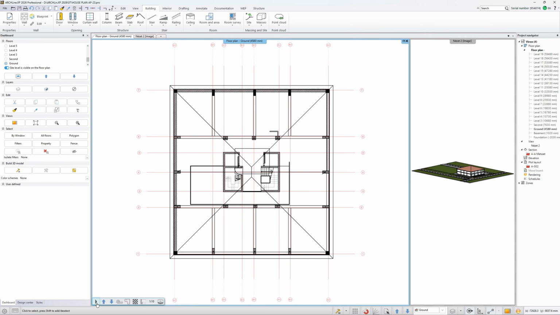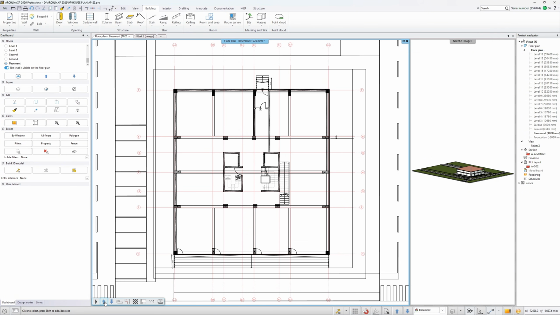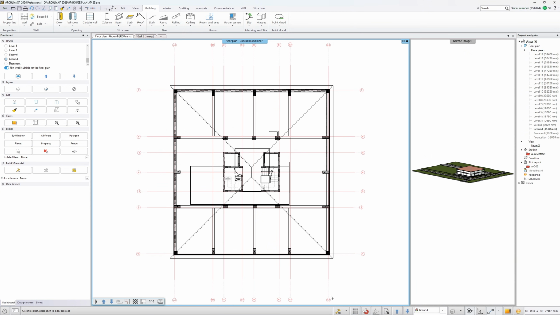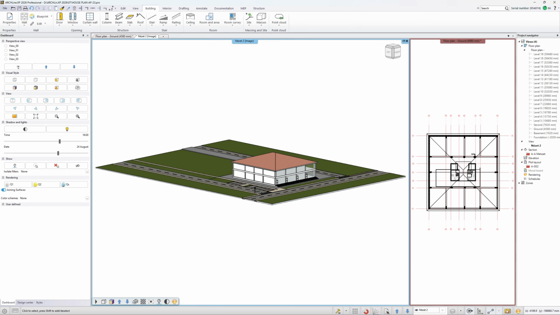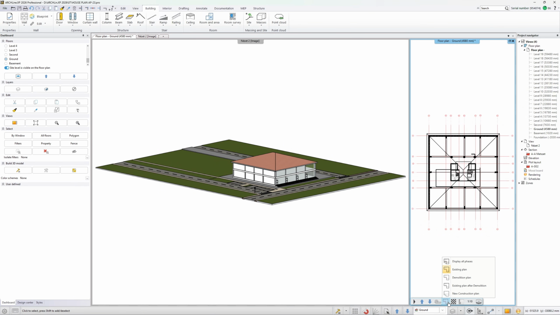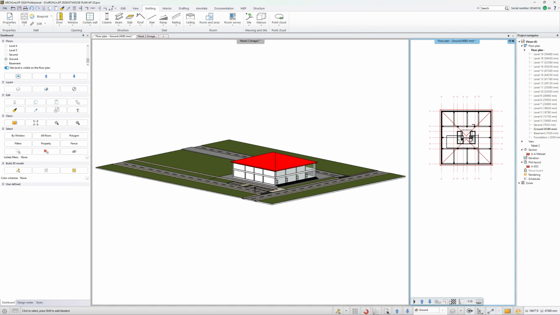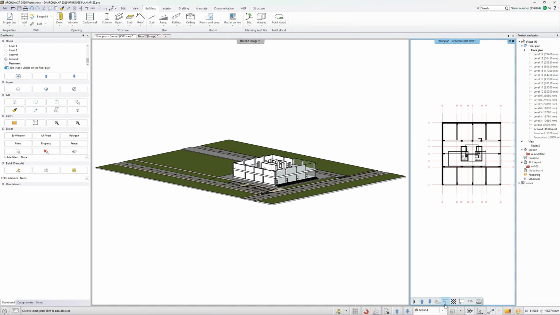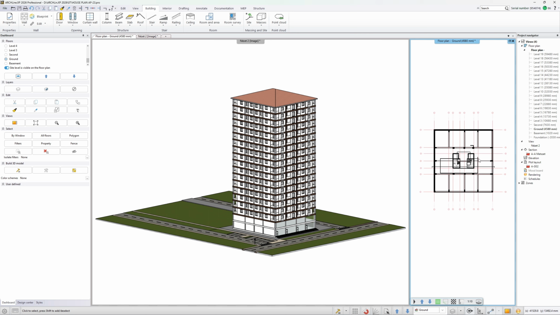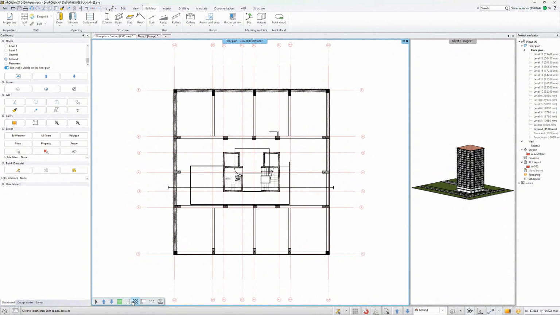Let's see how the new view control bar speeds up your work. The biggest advantage of this new user interface element is that while increasing the design area, it always displays the functions that affect the current view. As a result, existing commands are arranged in a more logical order, and the list has been expanded with new functions in some views. From here, we can also switch between the floors of the building on the floor plan